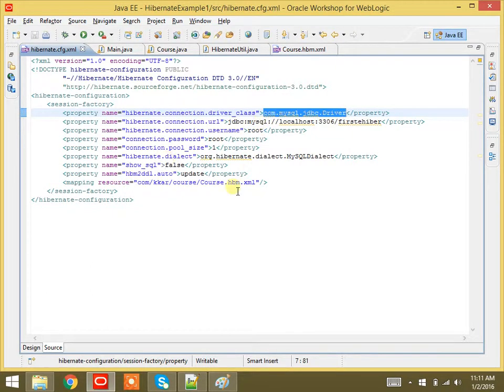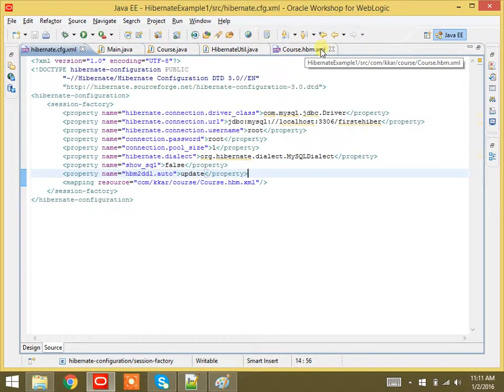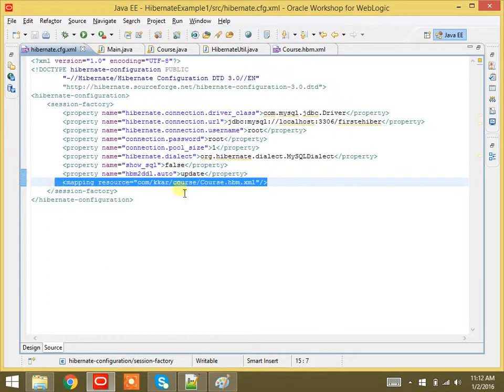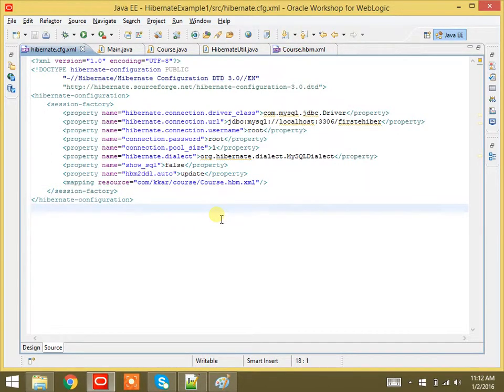Clear? Next, at the same time you just observe one more file which we have now, course.hbm.xml. That we will be loading over here. You can see as a mapping resource we will be loading it over here. In the sense, the POJO which we have requires one representation because the database will look for this particular Hibernate mapping file. From that only the fields, everything will be mapped in the DB.